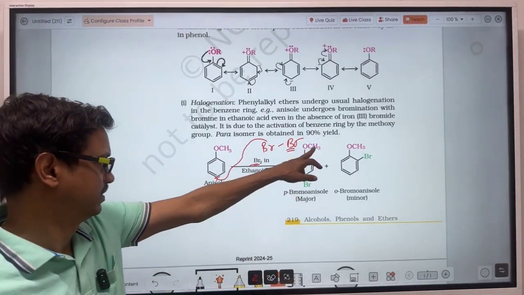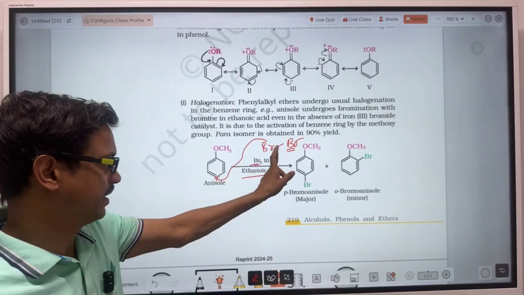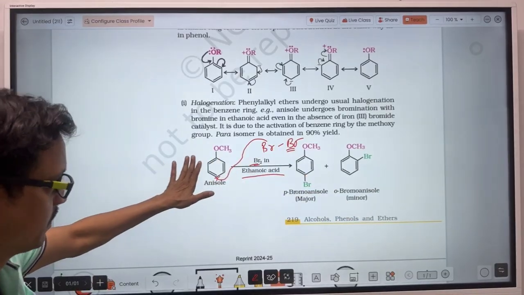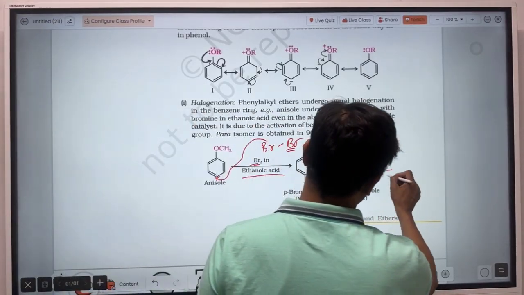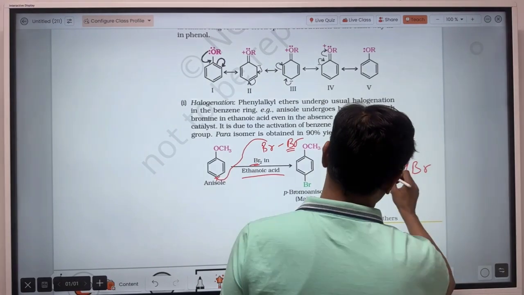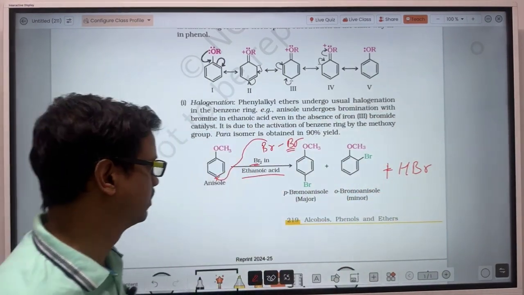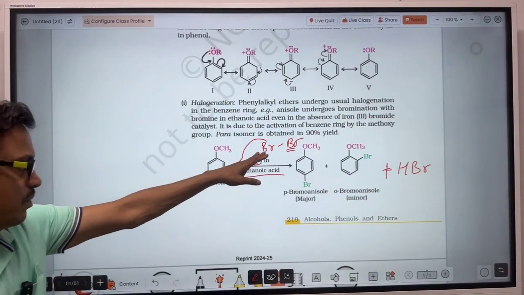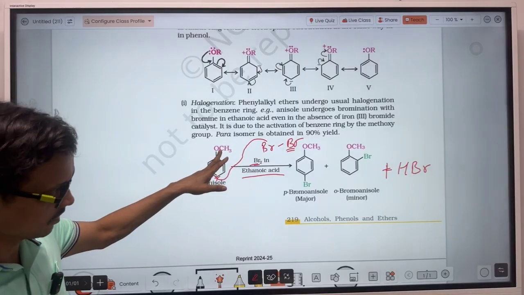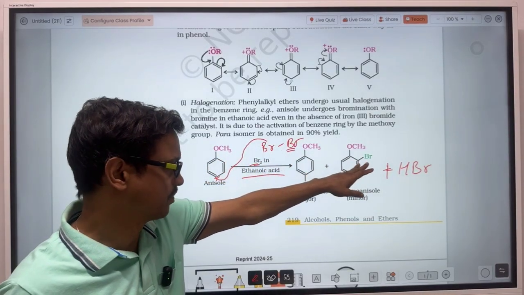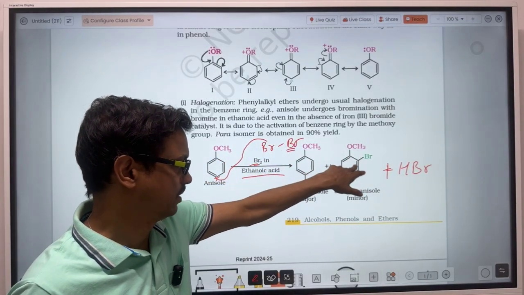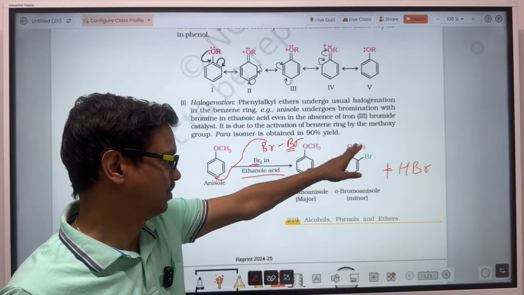So there will be formation of bromine substituted here and HBr. In the other compound, HBr has not been shown. Here HBr is formed, but that is the byproduct, that's why it has not been written. And in the same way, the bromine will bond to the carbon of the ortho position, and so there will be formation of this one, one bromo